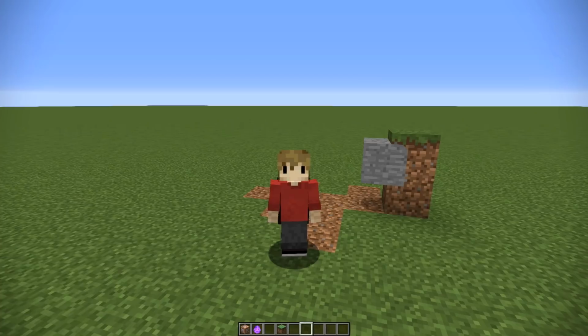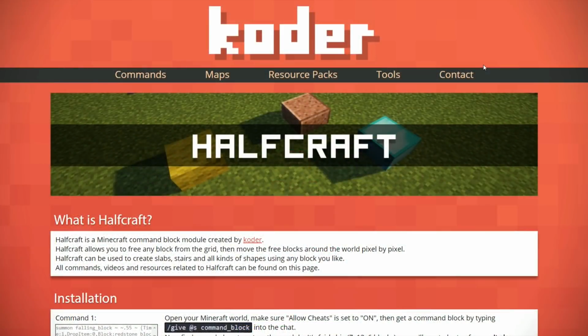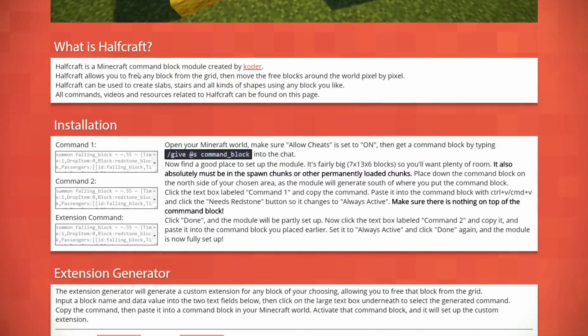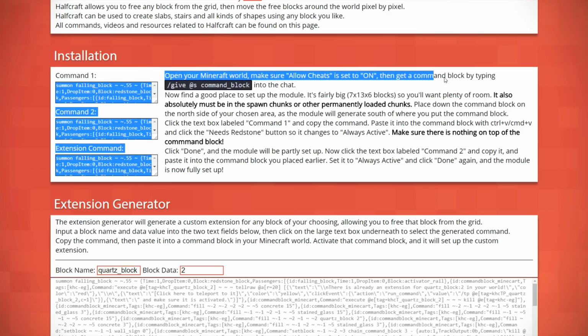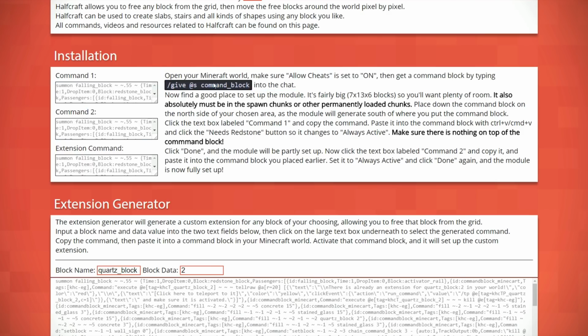But before we go into some of my ideas, let's go through the nitty gritty of how to set this up. So you need to go to Coder's website, the magician from Hogwarts that made this, and there's a link down in the description. It will take you to this website right here, and it basically has all the instructions you need for installation. You need to open up your Minecraft world, make sure that there's cheats on, and then